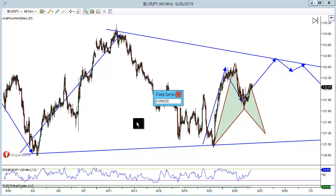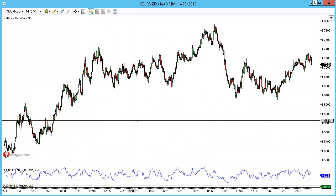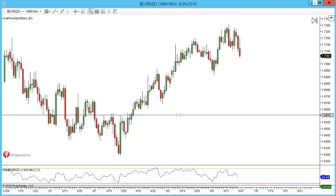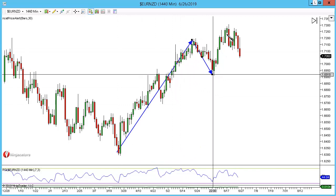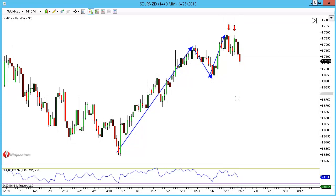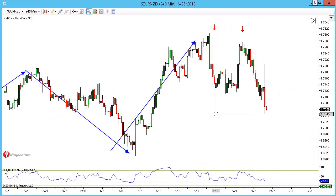Okay, Euro New Zealand next. We have a potential low and tight flag setting up. So here on the Euro New Zealand, what we had is a move higher, a pullback, a move higher. We have now retested, so would not be looking for trend continuation. We've actually violated the lows here, so no trend continuation on the dailies. If we go to the 240,